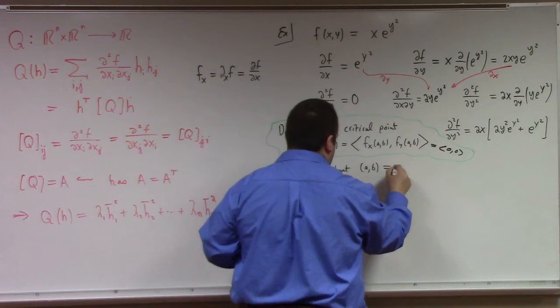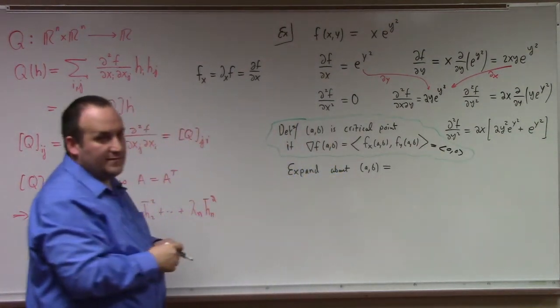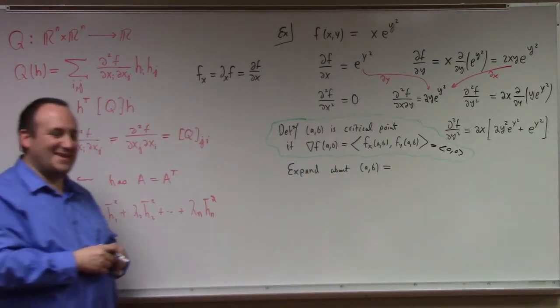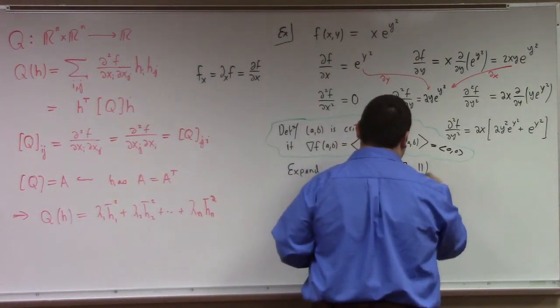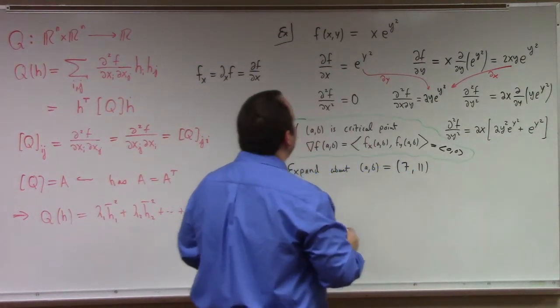A comma b equal to what? You pick my point for me. 7, 11. 7, 11. That's interesting. All right, so